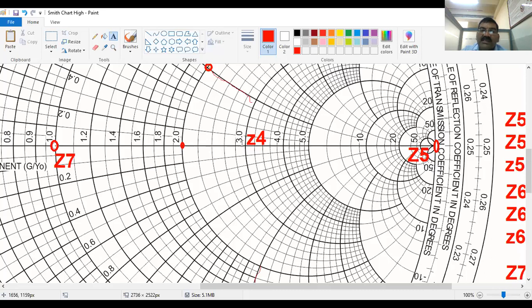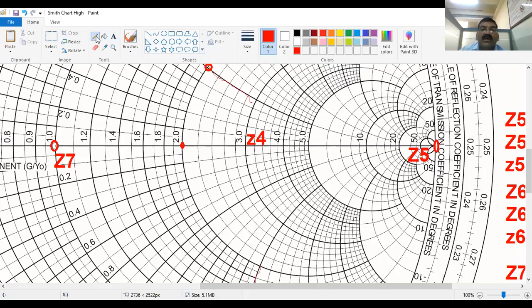If you see, this is 3 and this is 4. So 1, 2, 3, 4, 5 lines are there. Each line will be of how much? Each line will be 0.2. So 3.2, 3.4, and this is 3.6. But I want 3.68. This is 3.6, and this will be 3.8. Between 3.6 and 3.8, something will be there.